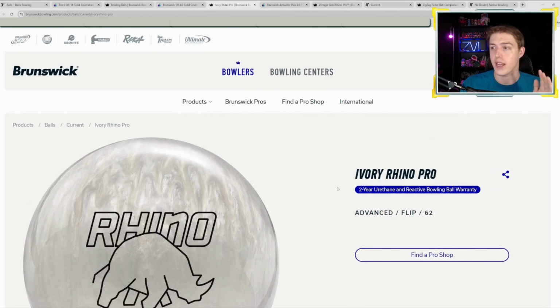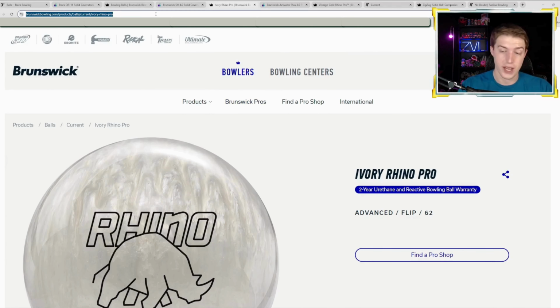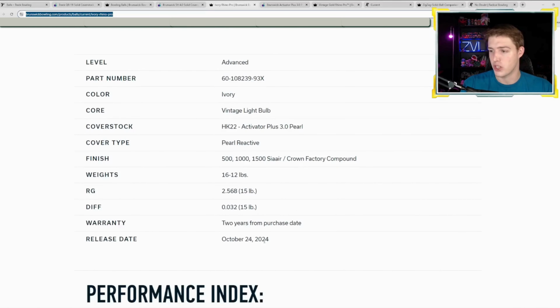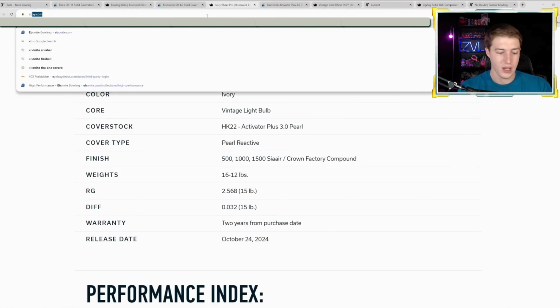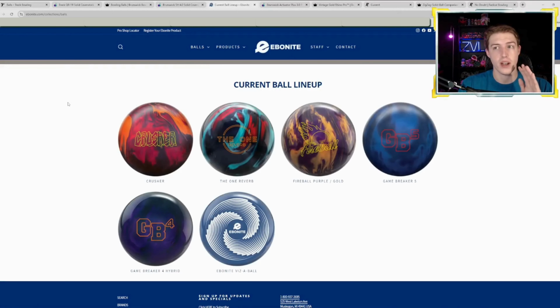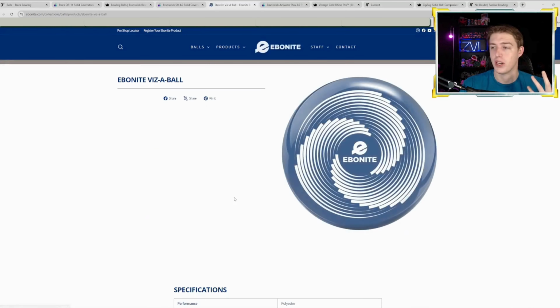Something I completely forgot to mention, two things I forgot to mention. One is release day is, I believe, I want to check to be sure, October 24th. October 24th, 2024 is when this one gets dropped. It is a little bit after the Phase AI, and it's right after the Raptor Rush. So this is going to be the last one in the list. The other bowling ball that got announced,